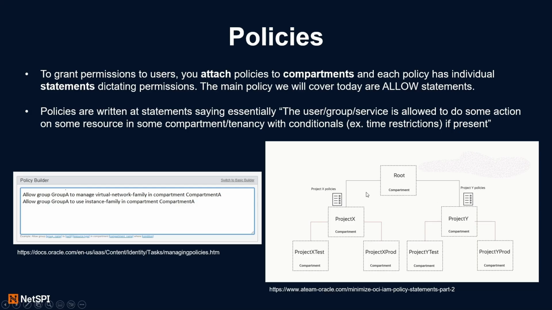Looking at our diagram here, this is what I was talking about before, how permissions propagate downwards. We create this policy on the left here, for example, and this policy is made of two statements, two allow statements. Then we could bundle this policy and attach it to the Project X compartment. This policy would then propagate downwards to Project X test and Project X prod, because inheritance in IAM goes downwards. Likewise, we could create another policy called policy Y or whatever you want to call it, and attach it to this compartment. The summary here is basically that all the policies you make get attached to your compartments, and the compartments in turn have resources inside them.